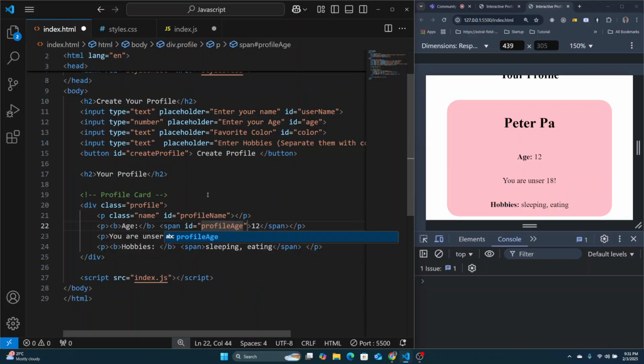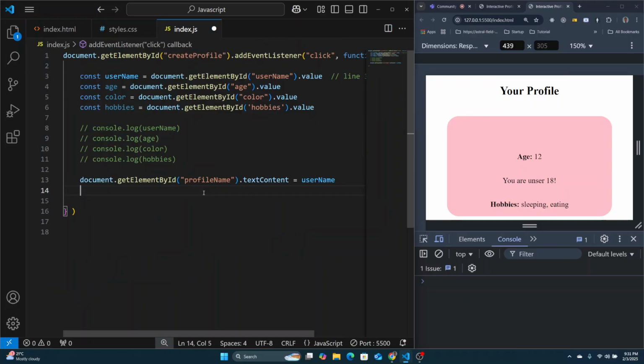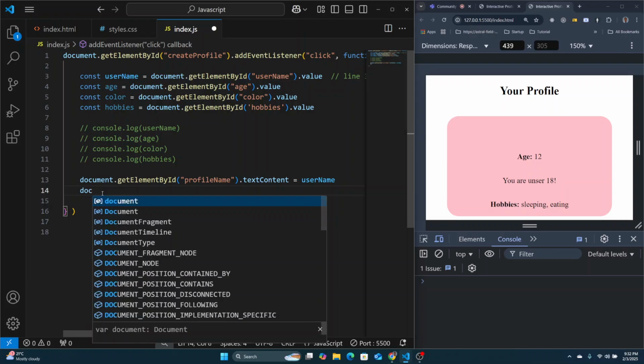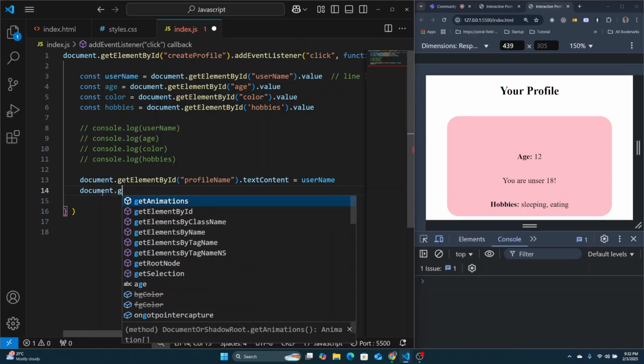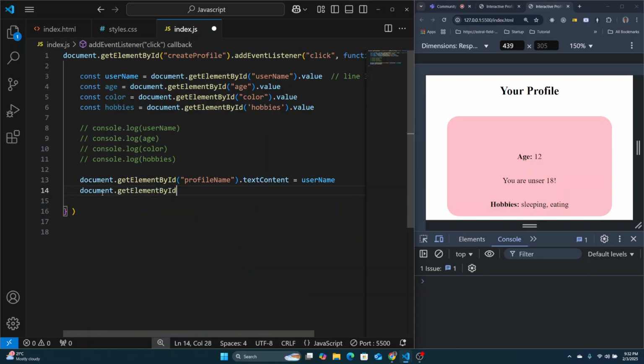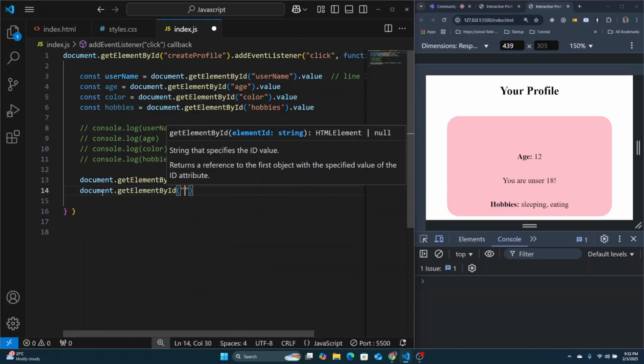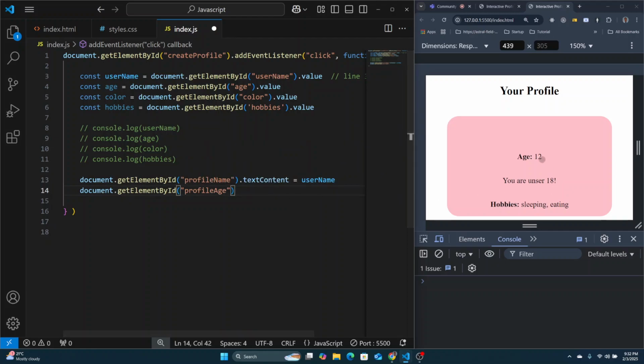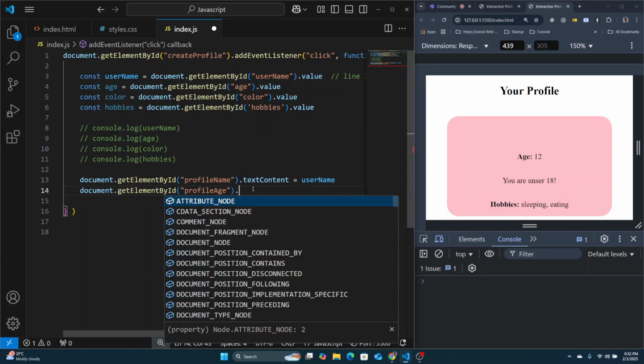Make sure you look in your code. You don't add the same IDs. IDs must be different. So here there is age, it already exists. So I put profile page. Let me copy it so that I don't make a mistake on the spelling. Document get element by ID, bracket profile page. Now I have this number 12 tag dot text content